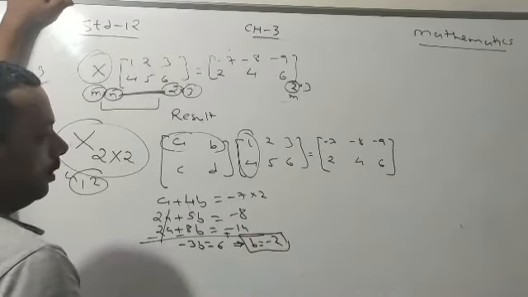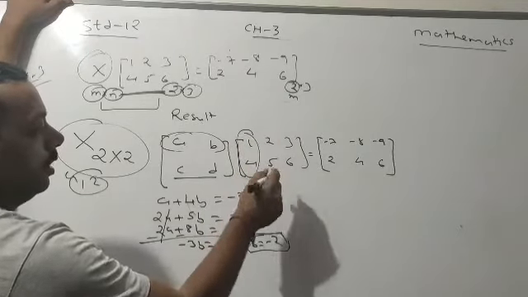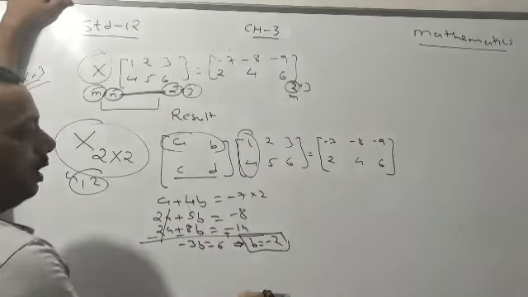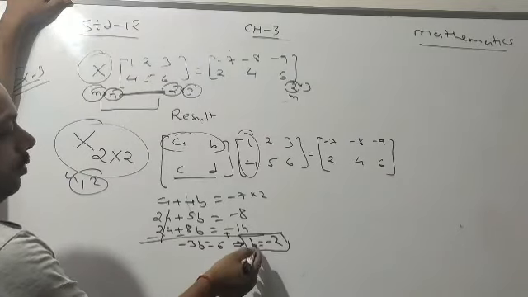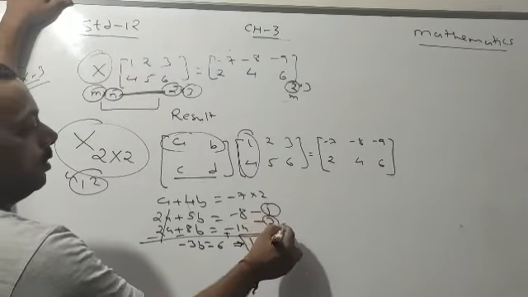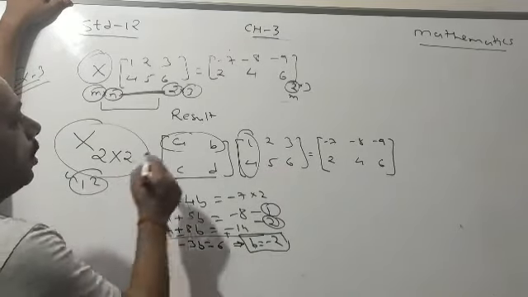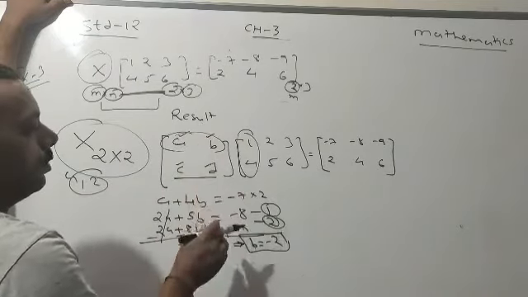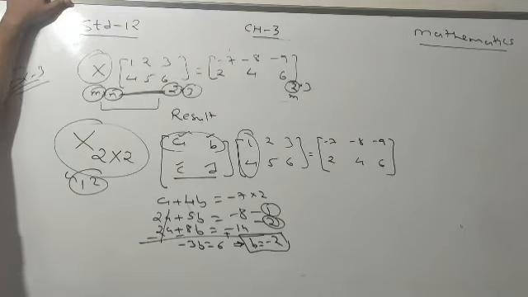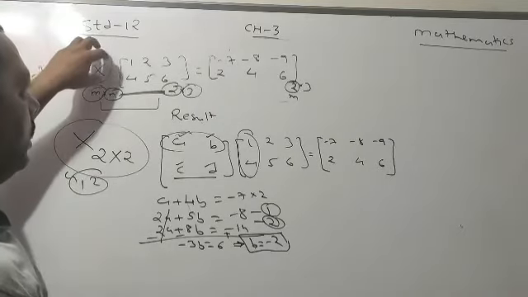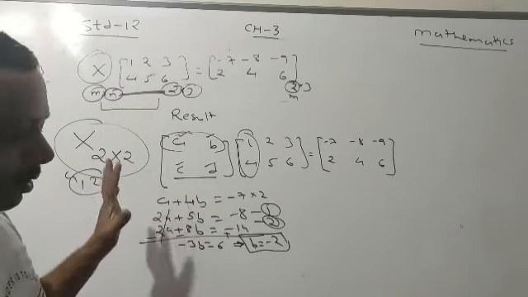The same way you can solve for C, D: one equation, second equation, eliminate. Either we get C or D, just like this. Here we get B. If I substitute this B in either equation number 1 or equation number 2, definitely I will get the value of A. And I am interested in A, B, C, D. You have to follow the same procedure. You will get the answer of A, B, C, D. That is our final answer, which we want, matrix X, that is a 2 by 2 order matrix, and that is A, B, C, D. Okay.